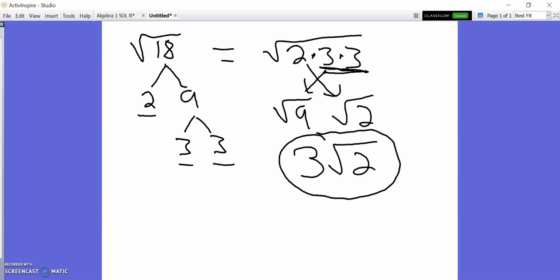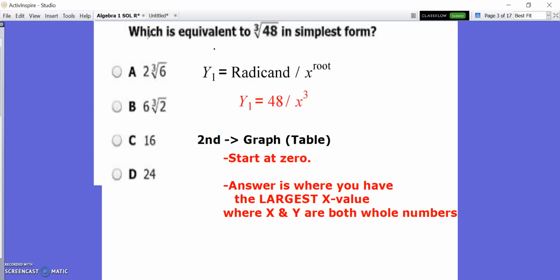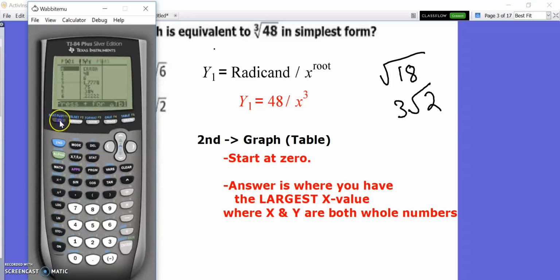Okay, so we're going to do the same thing and try to get the same answer in the calculator. So the calculator steps are right here on the screen, except now we are going to do the square root of 18, and we said the answer should be 3 roots of 2. So let's try it. In the calculator, you're going to go back to y equals, the top left button, clear out what we had before. You're going to do the radicand first. So the radicand here is 18, so I'm going to do 18